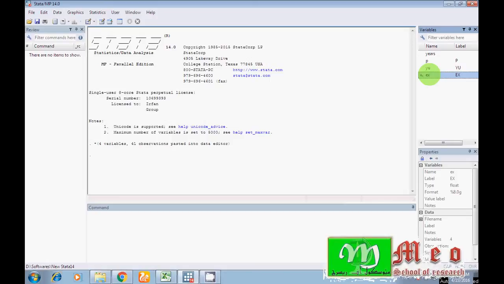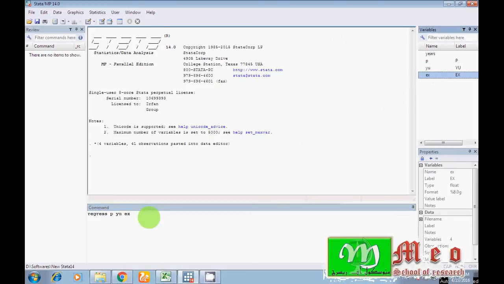So how can I run regression? I have two methods. The first one is the command method. I'll run regression with the help of commands. So guys, look here. Write regress, then your first variable, by double clicking on the first variable, then the explanatory variables.